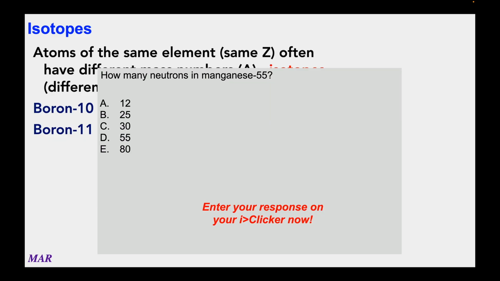It says how many neutrons are in manganese-55. All right. And if you see that dash 55, that's the mass number. Mass number is protons plus neutrons. So to answer this question, you need to look at a periodic table and figure out, first of all, what